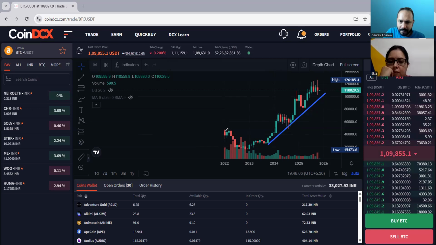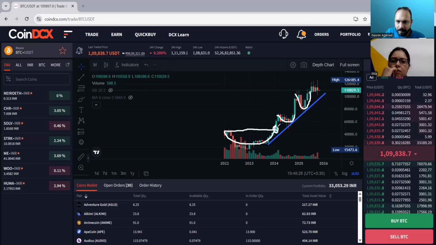Now third thing. As you can see in the historical data, it has formed a rounding bottom here, right? Here also it has formed a small rounding bottom pattern, right? Here also it has formed a rounding bottom pattern, right? So here it gave a breakout, right? You can see a big green candle. It gave a breakout and then it did a retest here, right? So I have explained to you, right? Breakout, breakdown, and retest. See, there. So here it took a breakout and it has to do a retest. So here it did a retest.